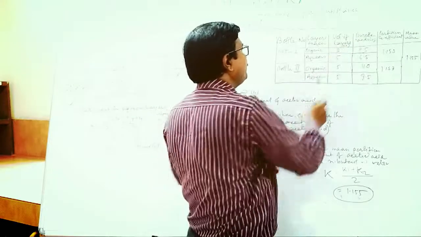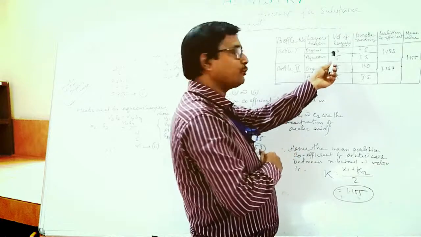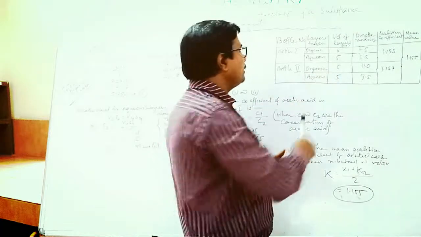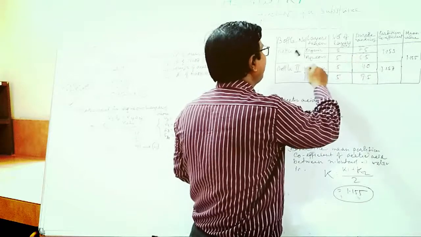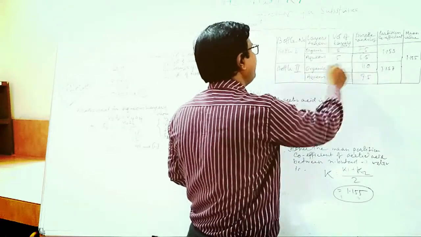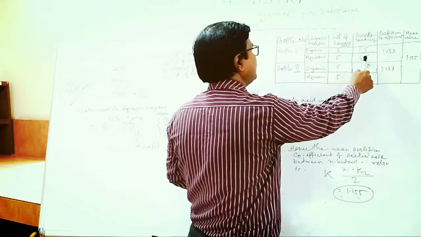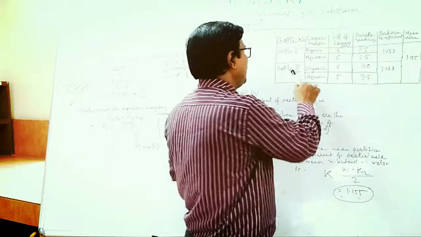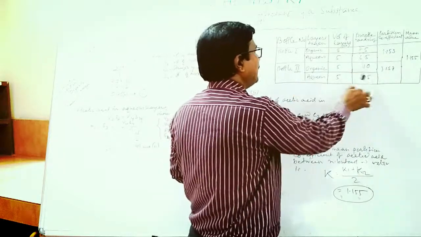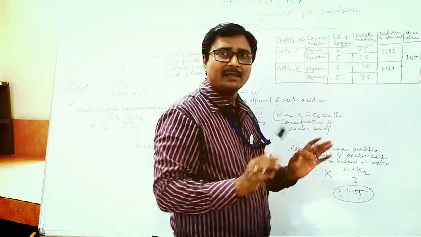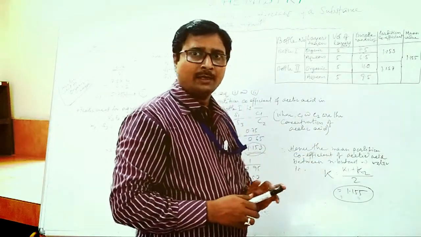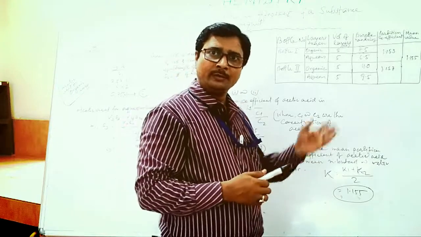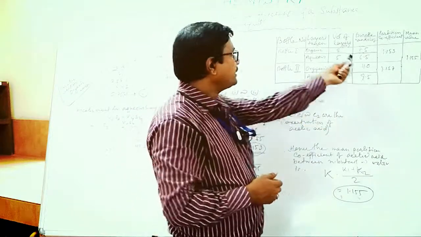Now every time that layer should be 5 ml, because all the time we are making 5 ml. Now consider the burette reading is like this. For bottle 1, organic layer is 7.5. For aqueous layer, that is 6.5. And for bottle 2 it is 11, and aqueous 9.5. Consider this is the value which is coming after titration. Whenever you do the experiment, it may be different. Now this is the table.